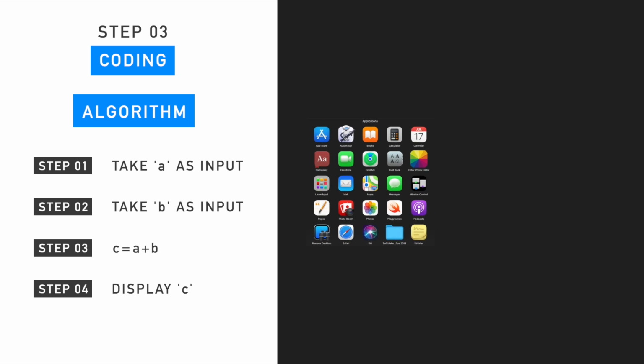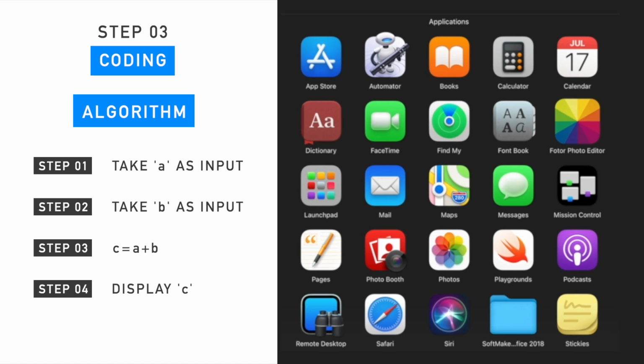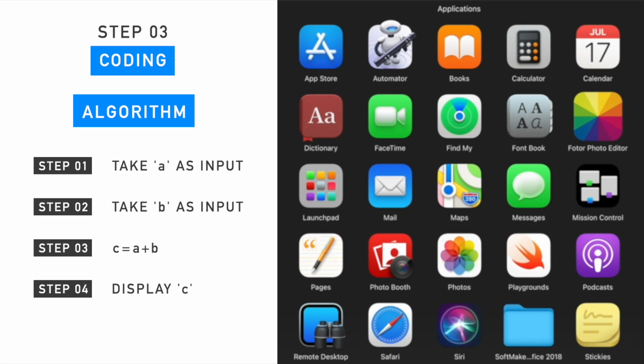So I have here with me on the left hand side the algorithm that we developed together. And on the right hand side I have this Swift playground which I opened from applications and playgrounds over here. It's available on Windows as well as on the Mac machine, so you can go ahead and install Swift because that's the language we are gonna do programming today at least.